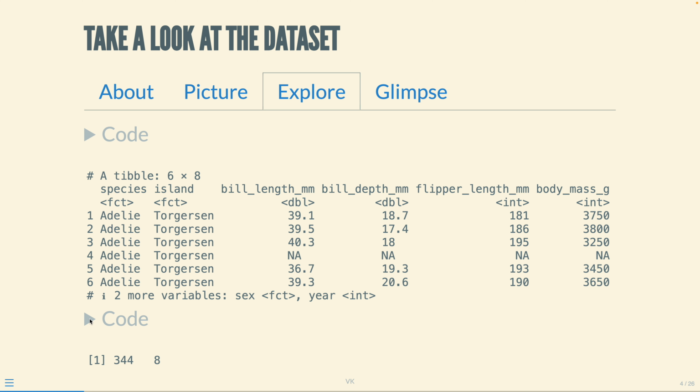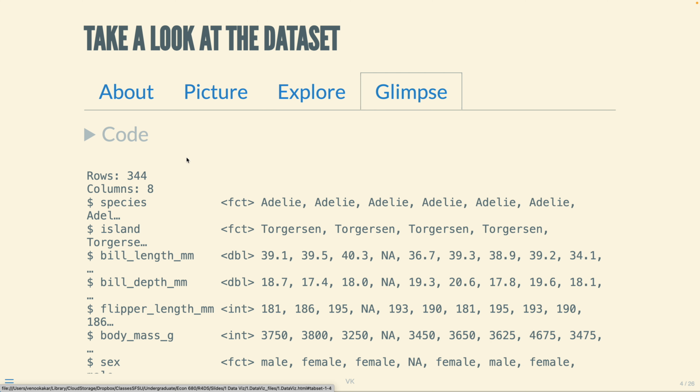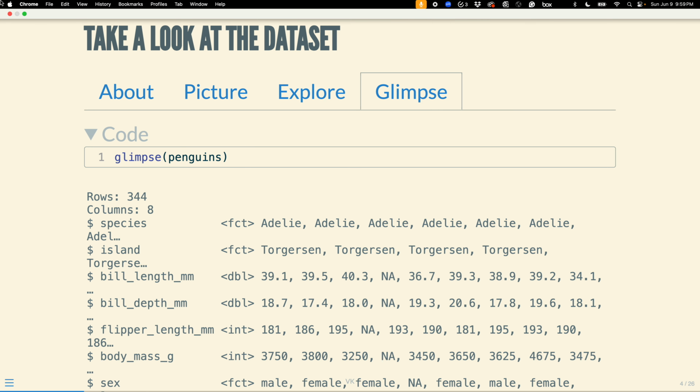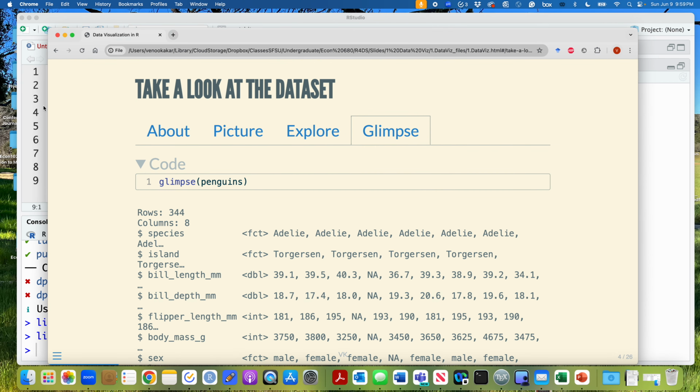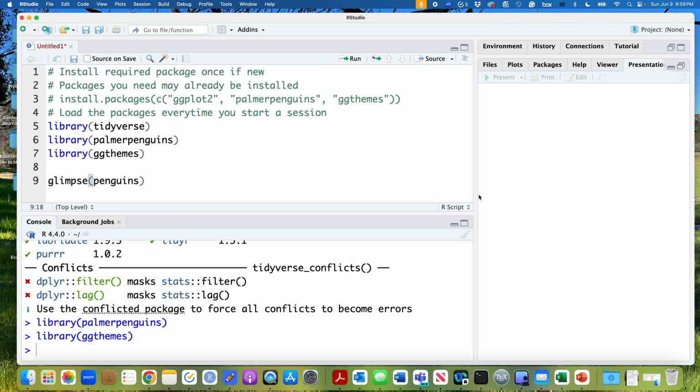And then we can also see what the dimensions are of our dataset called penguins. This has 344 rows and 8 columns. Now you can also achieve that by doing glimpse on penguins, right? This is pretty interesting. So let's just go back for a second to R, and we can type in glimpse penguins. And if we run this,